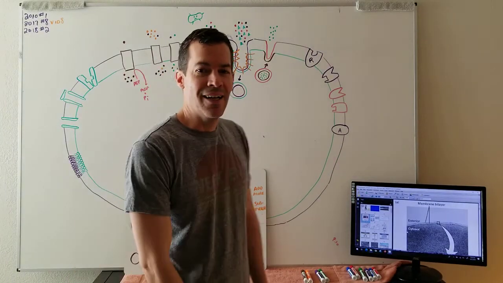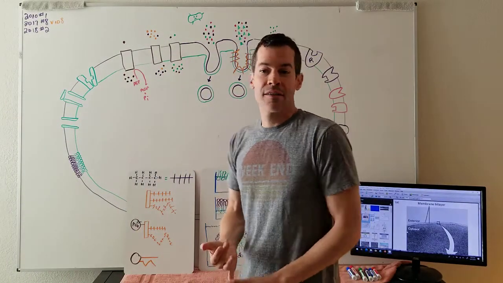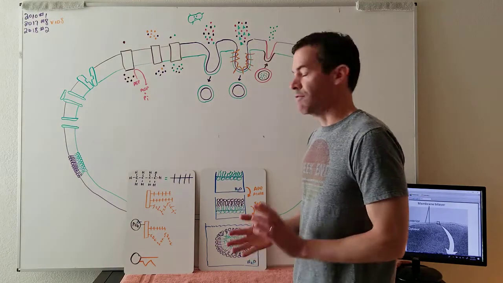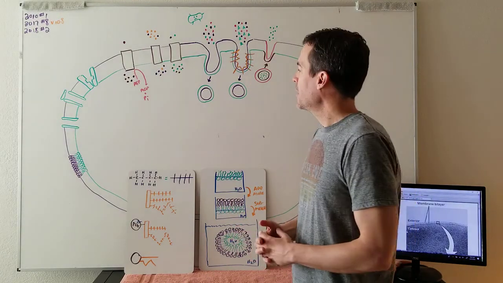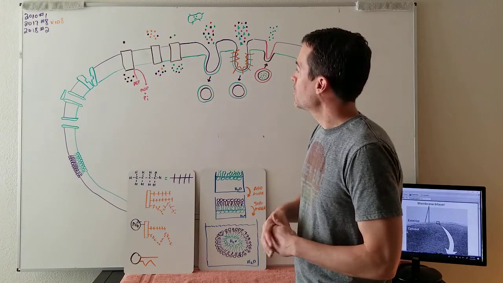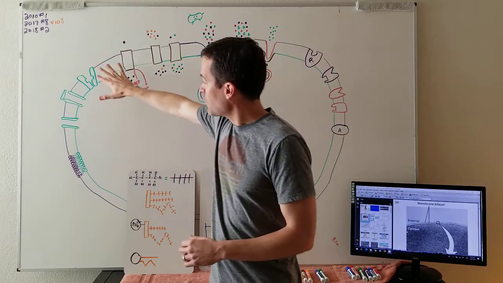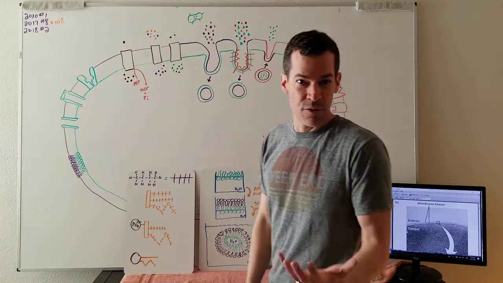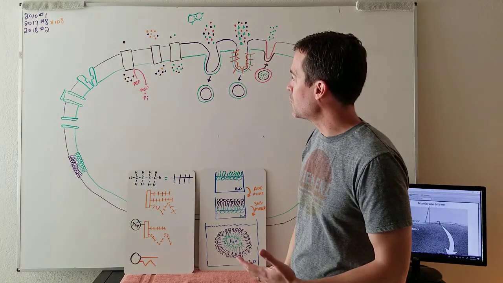Good morning. This is video number 8, and the topic for today is, in video 7 we looked at organelles. In video number 8 we're going to start looking at cell membranes. So we'll look at cell membranes, we'll look at types of passive transport, simple diffusion, osmosis, facilitated diffusion, things like